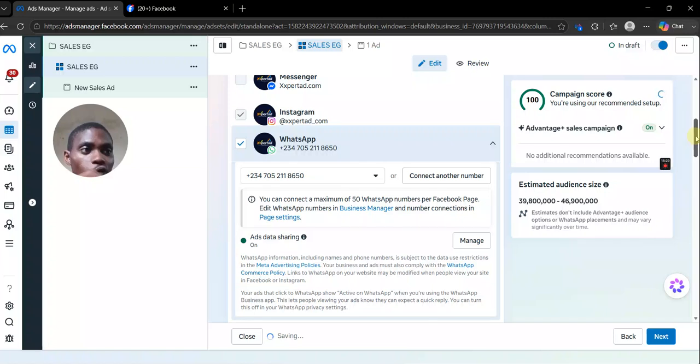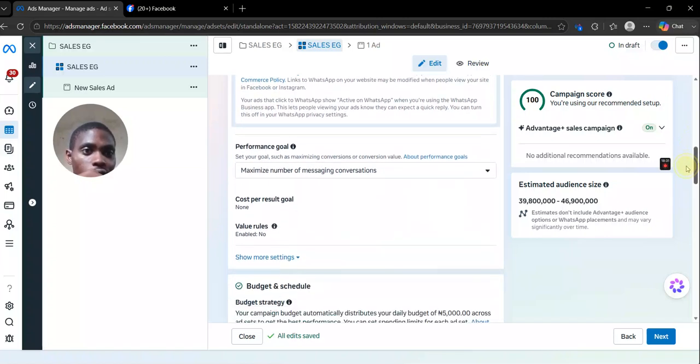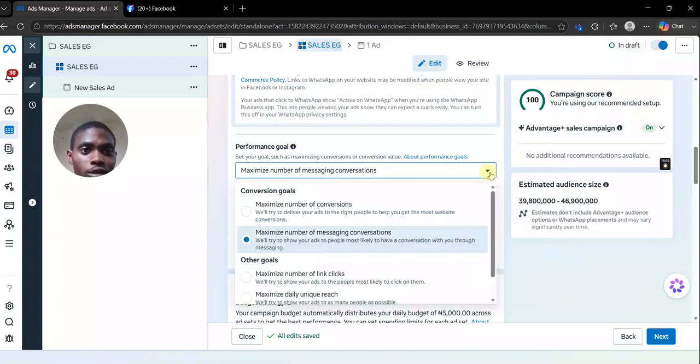So if we move from this place down, now look at this other part where we have performance goal. Set your goal, such as conversions and all of that. Now performance goal is, you have chosen your destination. You have chosen, for example, we chose WhatsApp. Yeah, we want this ad to run into WhatsApp. How do we actually want it to perform? There are different ways. Now if I drop this down, you will see we have maximize number of conversions,